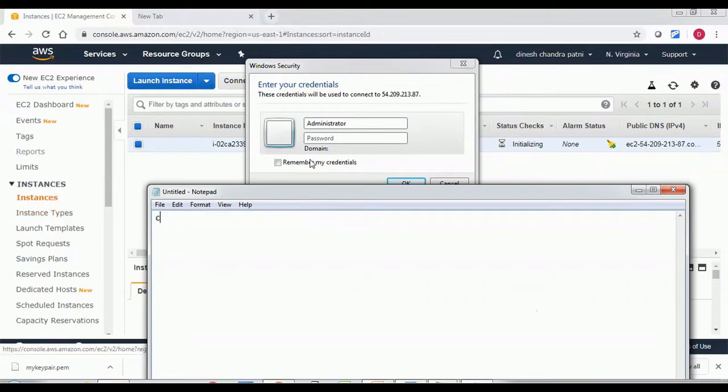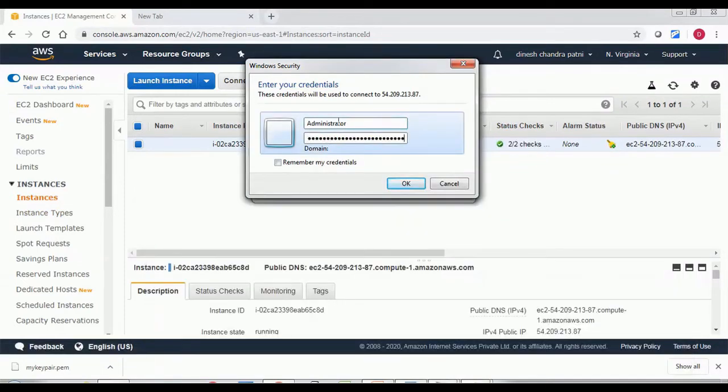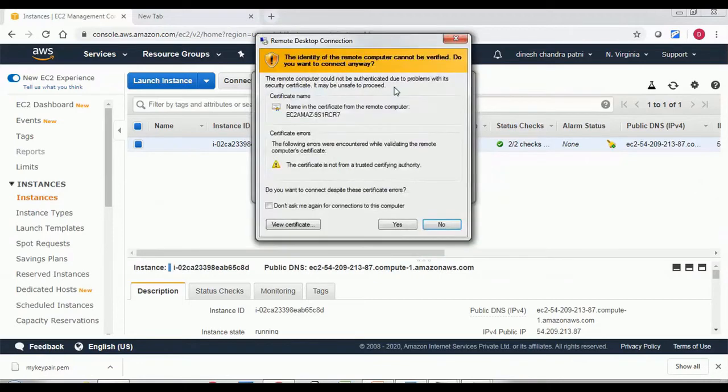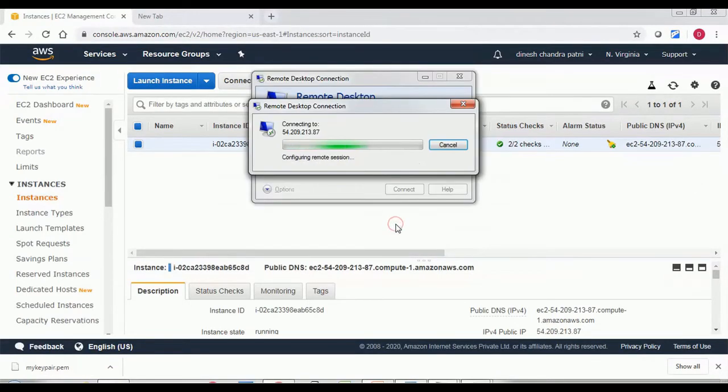You need to copy it and paste it. As soon as you type the password, it works the same as accessing a physical server from your remote desktop connection. Now it is saying you can click yes. Now it will be connected.